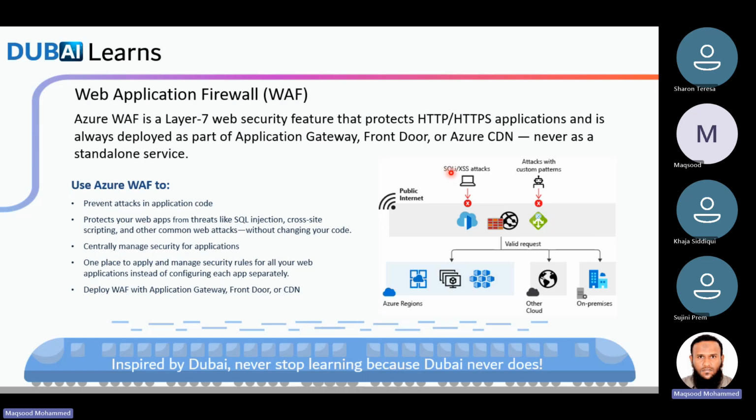And these are some of the famous attacks: SQL injection attacks, cross-site scripting attacks. Right? This happens on the application level. So the WAF can understand these different kinds of attacks which a normal firewall cannot understand. So you can see that the web application firewall is either deployed with the front door. This icon represents the front door here, or it can be activated on